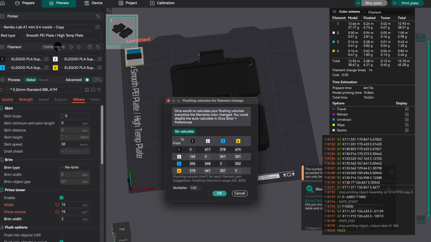The other thing I'm going to do is go into flushing volumes, and if you see all of this information here, if you're going from black to white, it's going to flush 617 millimeters cubed for each filament pair. I have found anything around 180, 200 to be okay. If you're going from black to white in a small area where it doesn't have a lot of time to actually purge into infill, you might want to go higher, around 250, but these stock settings that are in here